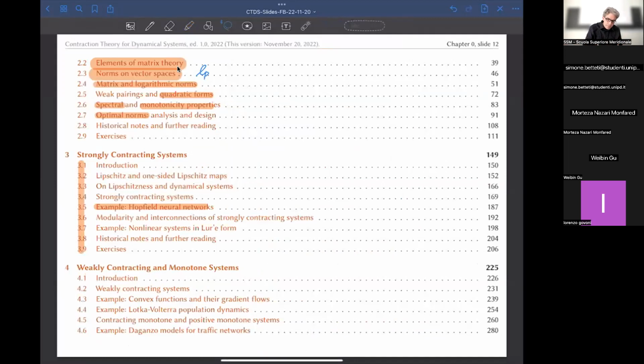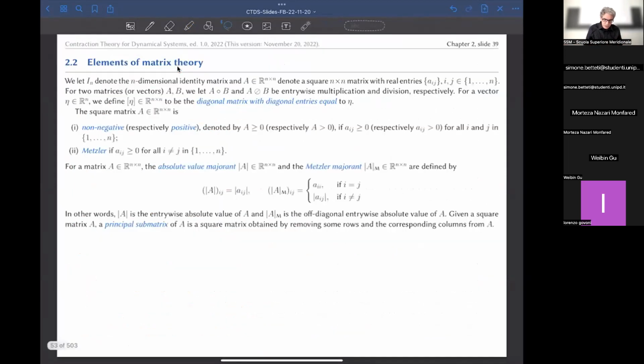So what are these matrix elements of matrix theory? So I've already talked to you about, maybe we can close the window. Oh, as you prefer, as you prefer. Right. So now,